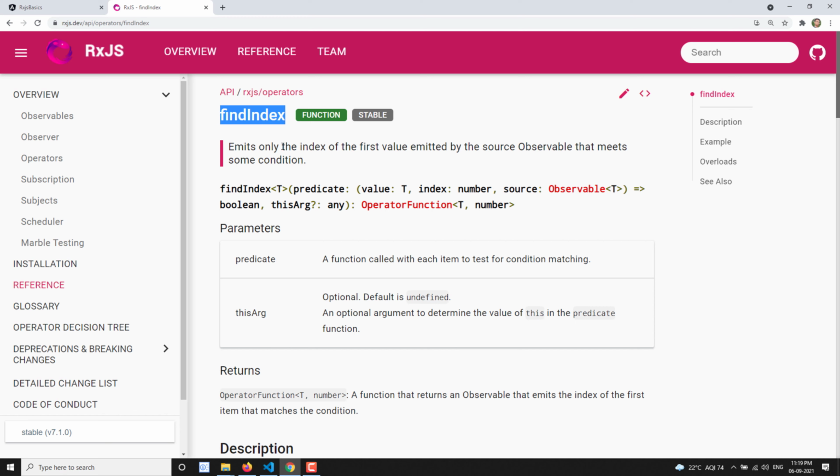So the findIndex operator emits only the index. That means it will give you only the index value, the place where the first matching value is present. If it matches the first value, it will return that index value emitted by the source observable